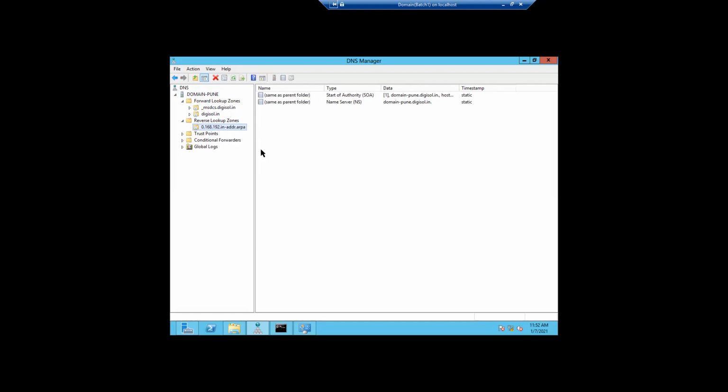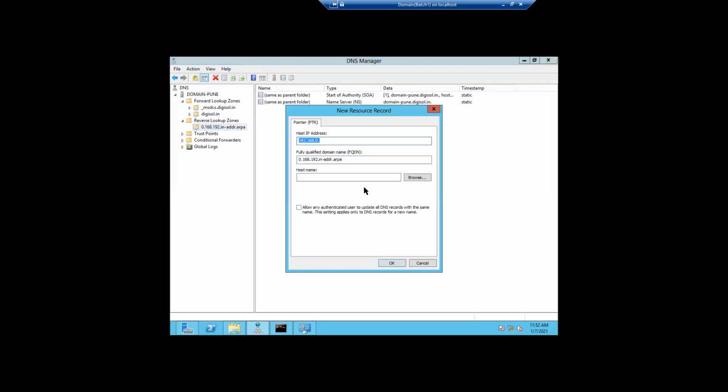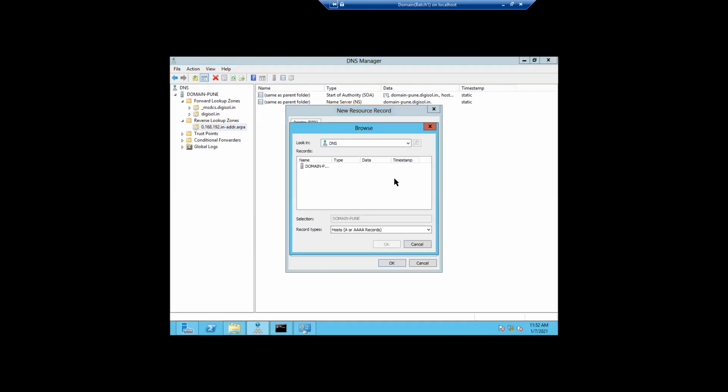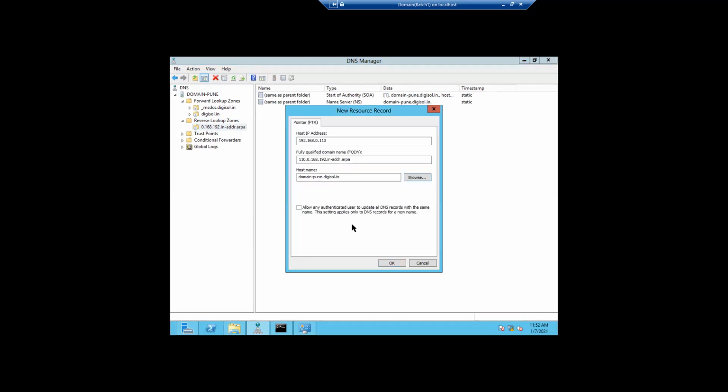New pointer, right? This is here. I will select the host name. So I will create this domain-Pune, my domain controller, right? See here, this is automatically displayed: 192.168.0.110.